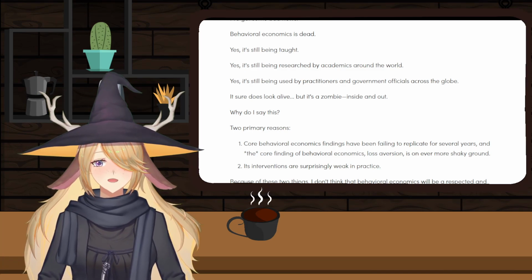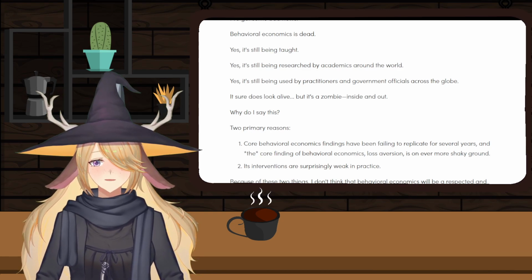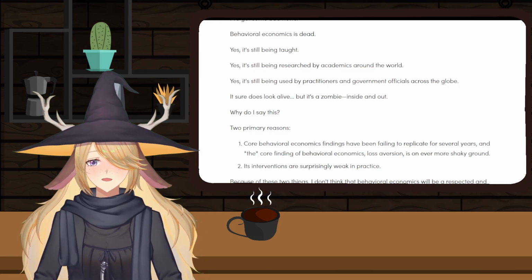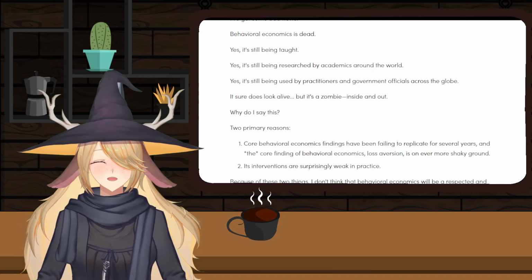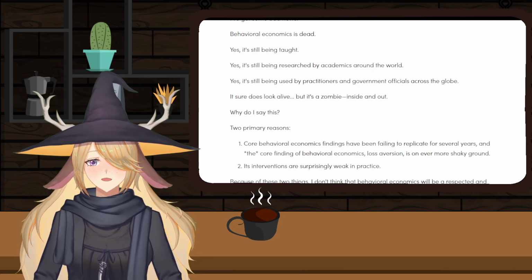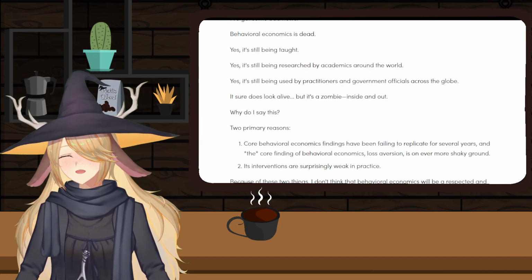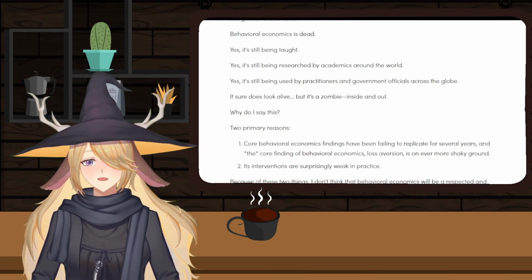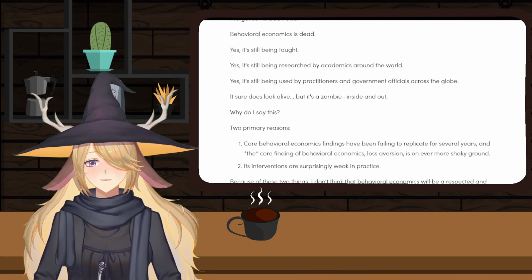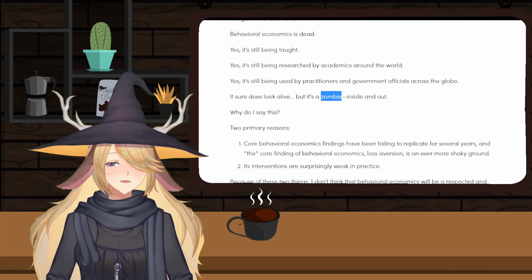A lot of the core tenets that we consider to be part of behavioral economics have failed to systematically replicate, in part because a lot of the interventions that were published and taken as very cool and novel and intuitive turn out to have probably been biased by p-hacking, and a lot of large-scale replication efforts that have looked at the effect of behavioral economic interventions have failed to show effects at all or have shown that the effects are dramatically weaker than people believe. But now this is an important thing I want to talk about.